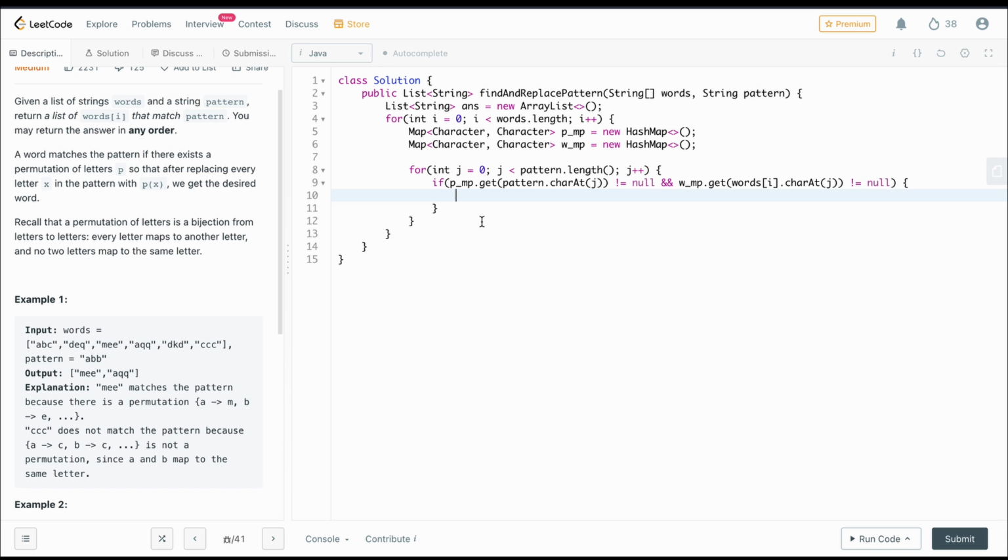What does this if statement mean? That we have assigned characters to the characters we are at right now. If this is true, then we also check whether they match or not.